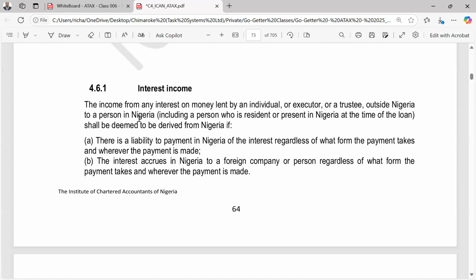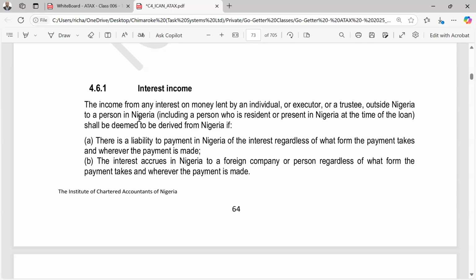Now, interest income. Interest income is any money lent by an individual or executor or trustee outside Nigeria to a person in Nigeria, including a person who is resident or present in Nigeria at the time of the loan. And it shall be deemed to be